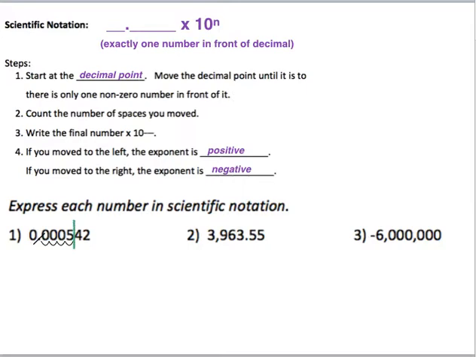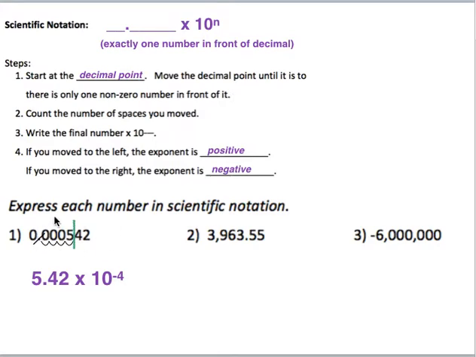So now we write our number. It's going to be 5, and now the decimal's after the 5, so there's only one number in front of the decimal, and then .42. And then we add the times 10 to the power of negative 4. It's a power of 4 because it took 4 jumps, and it's a negative 4